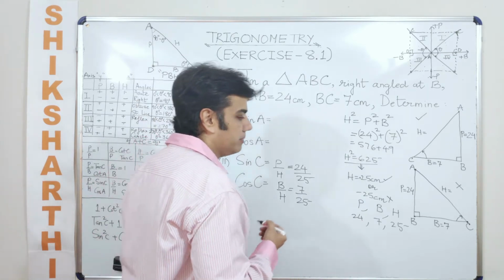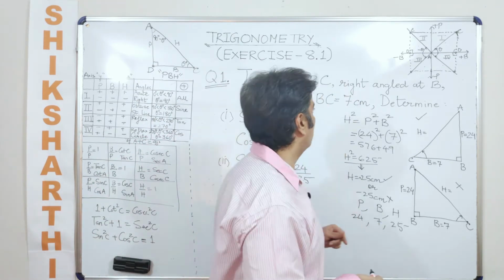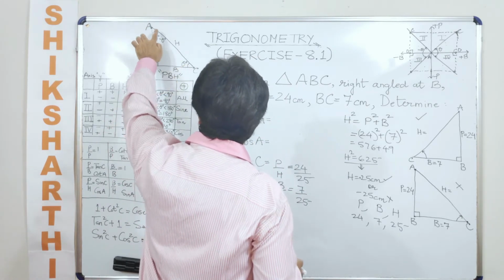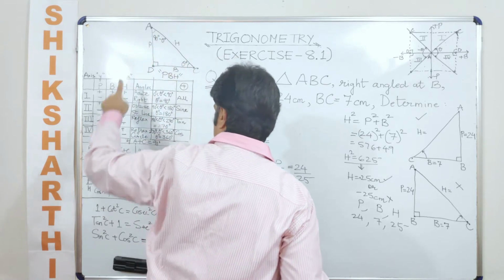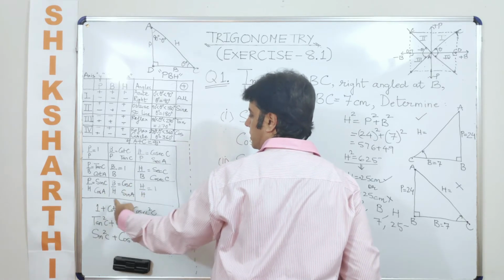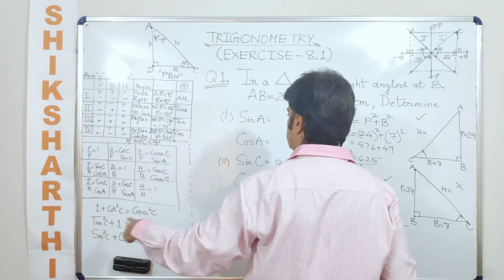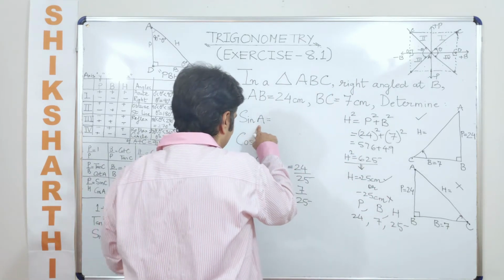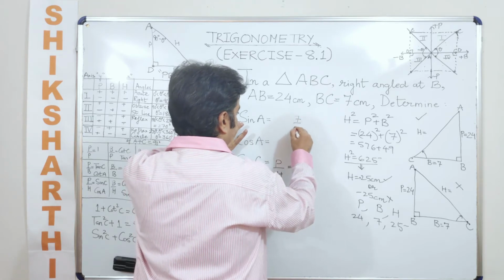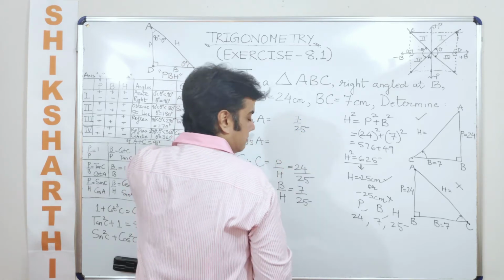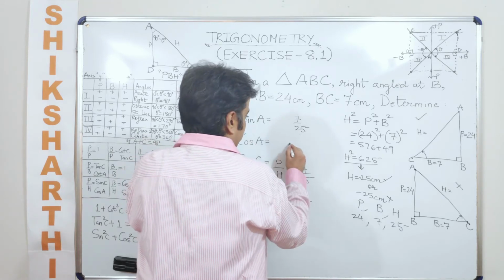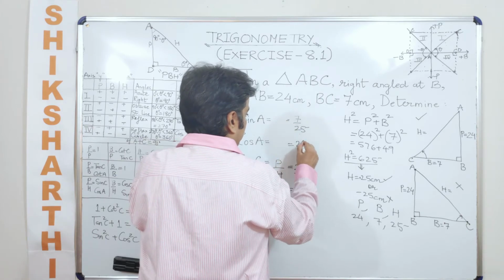Okay. Now in my earlier videos we have already done this. We know that if this is a right angle triangle and we are talking about angle C, can we say sine C is equal to cos A? Sine C is equal to cos A, and at the same time cos C is equal to sine A. So I'm using the table P B H. So I can say sine A is equal to cos C, so I can directly write down this value as 7/25. And this cos A becomes sine C, so this value can be directly written as 24/25.